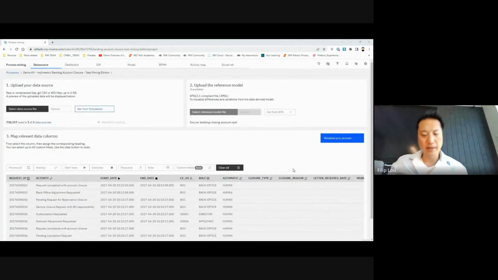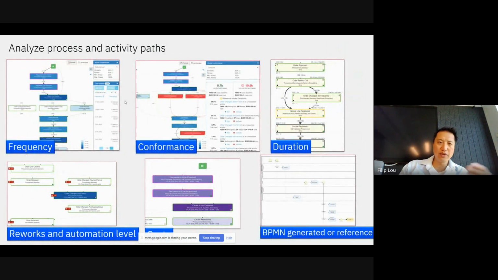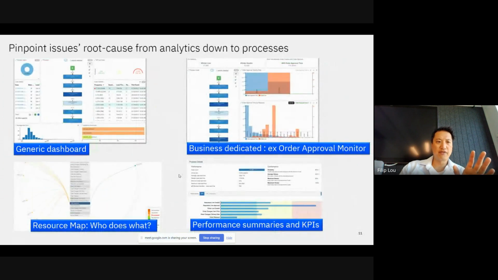Okay, all right. So that's process mining in a nutshell, right? We're trying to get insight out of our raw data. We're trying to do all types of analysis on the frequency, the conformance to an enterprise model. We'll look at the amount of rework and duration, and we're trying to figure out if there's any potential for automation. You've seen a couple of dashboards, but of course you can also create your own custom dashboards as well